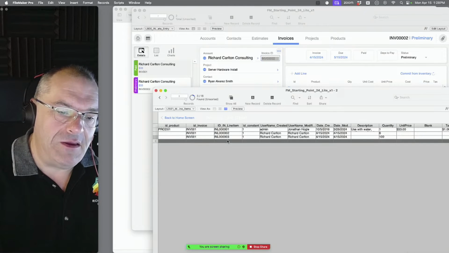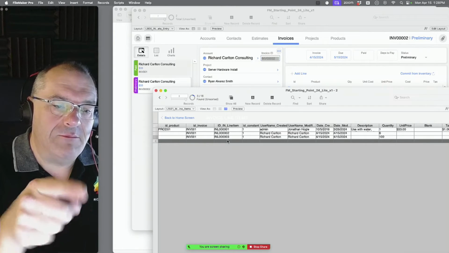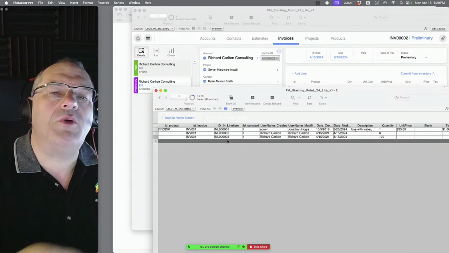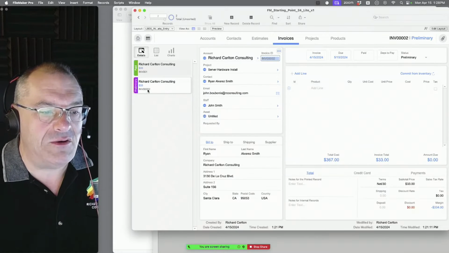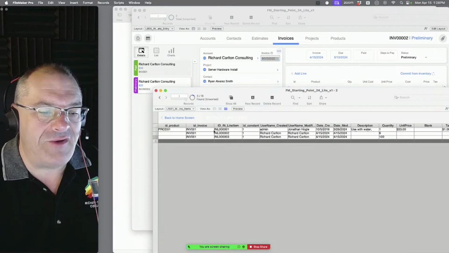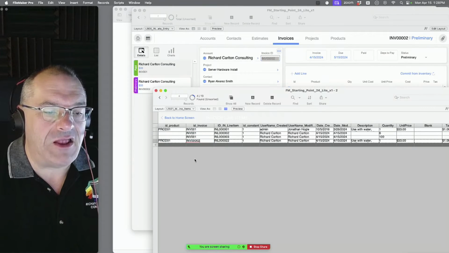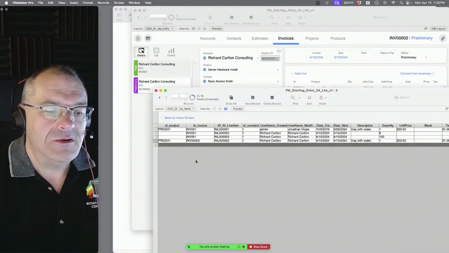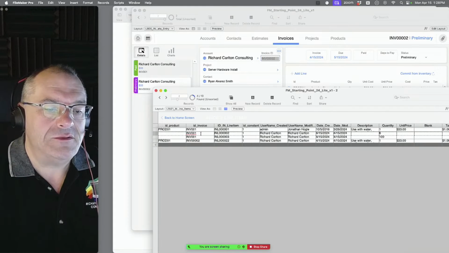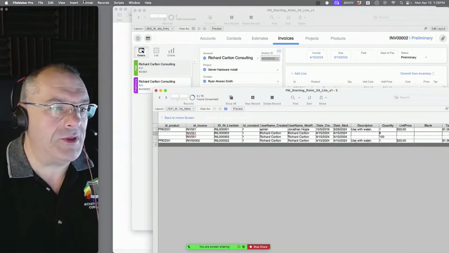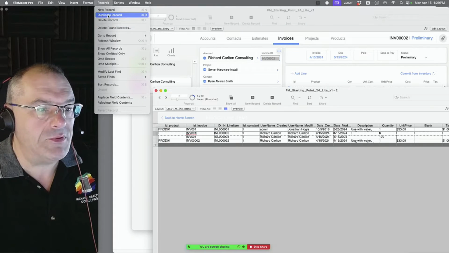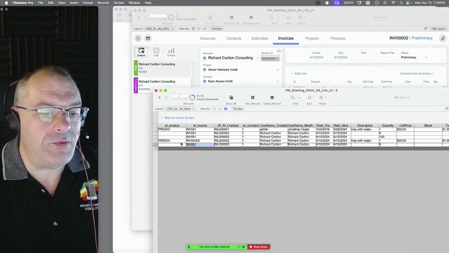Find those 3, duplicate them, but you need to give them the correct invoice ID. Well, the invoice ID down here is 0002. So I'm going to find the first one, duplicate it, and then give it that new invoice, right? And then you're going to go to the next one, and you're going to Command D duplicate. I can go to here to records and say duplicate, and then I'm going to put that in there.